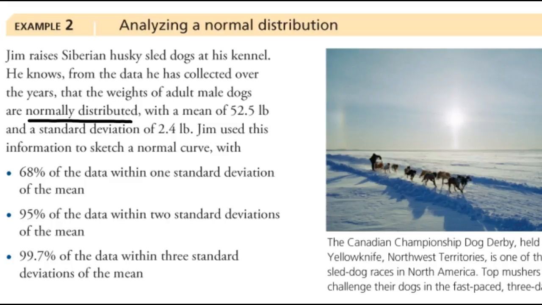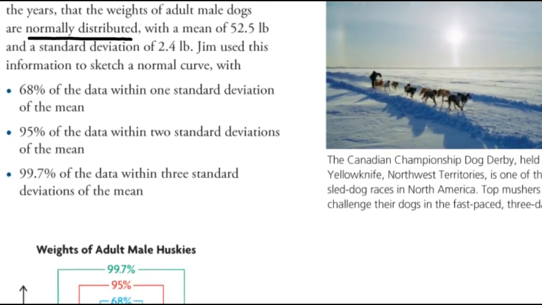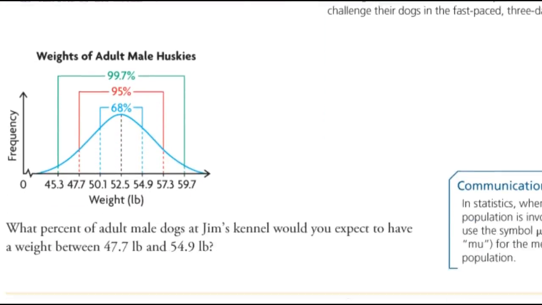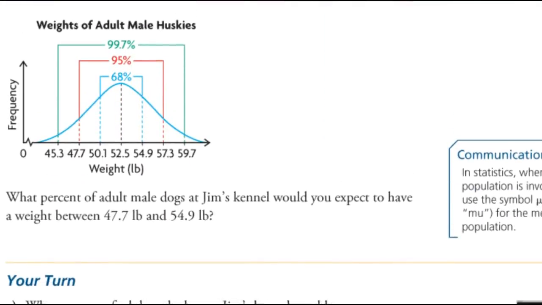It says with a mean, so the average, of 52.5 pounds and a standard deviation of 2.4 pounds. Jim uses this information to sketch a normal curve. The question is, what percent of adult male dogs at Jim's kennel would you expect to have a weight between 47.7